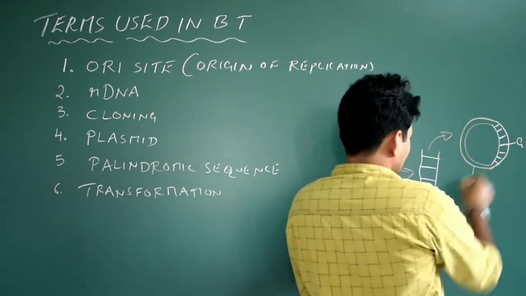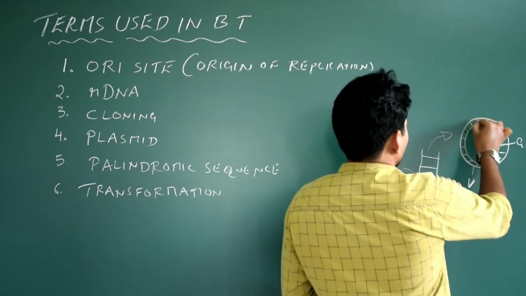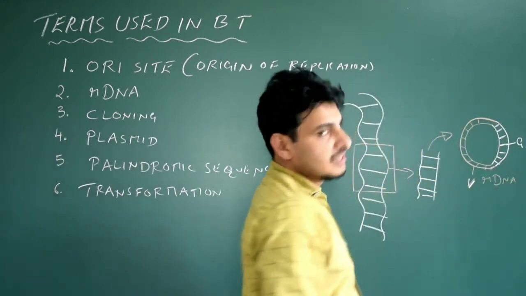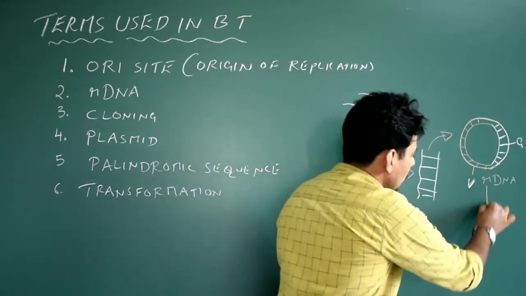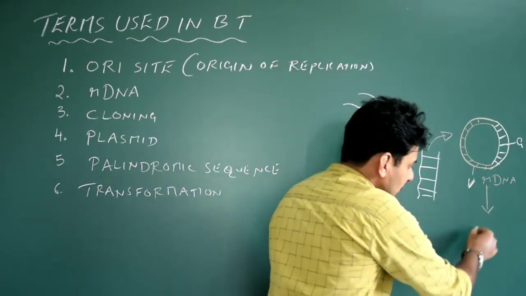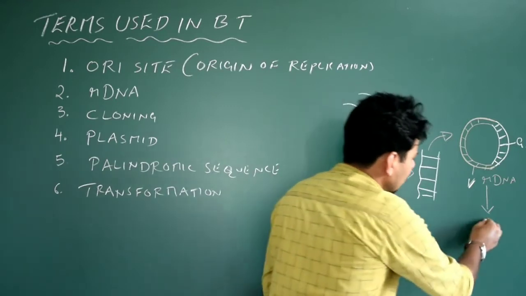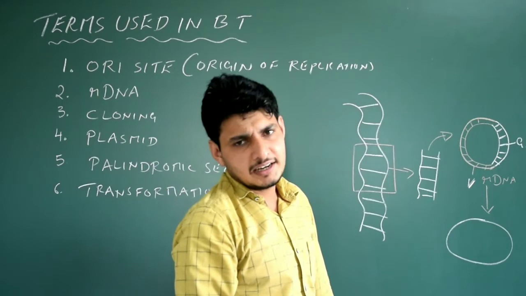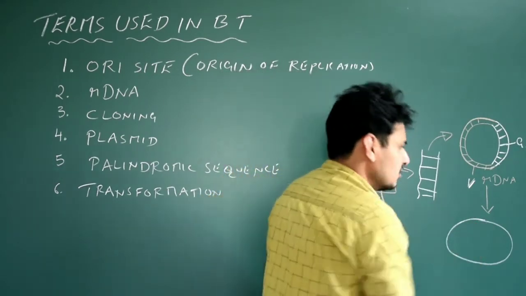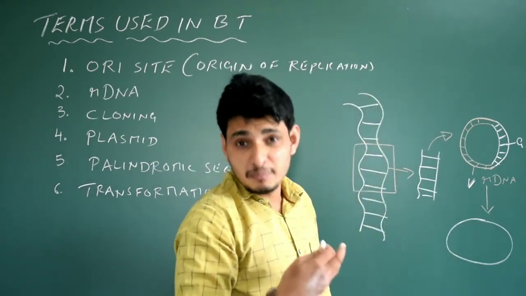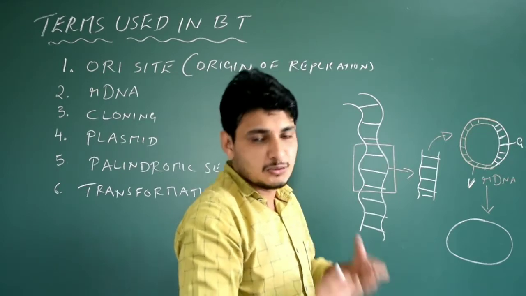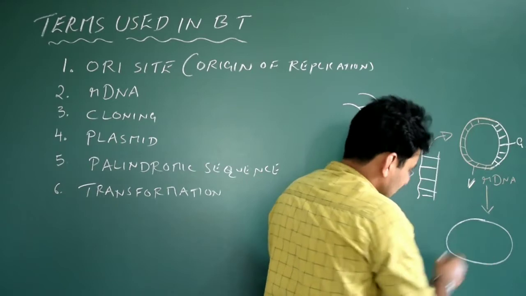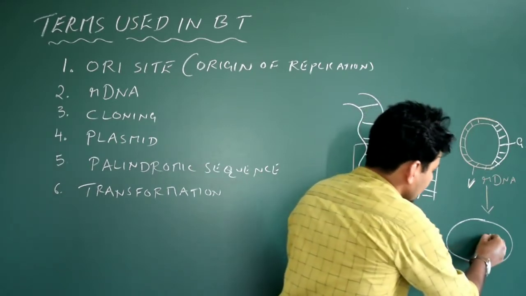Okay, now I have constructed recombinant DNA which contains two different types of DNA or genes. Now what I am going to do is transfer this into a host organism. You can take any host organism. In this case, let me just consider a simple bacteria, that is E. coli. E. coli is nowadays the experimental bacteria actually. It's very easy to get, and very easy to culture in the lab. So I have transferred this rDNA into this E. coli.